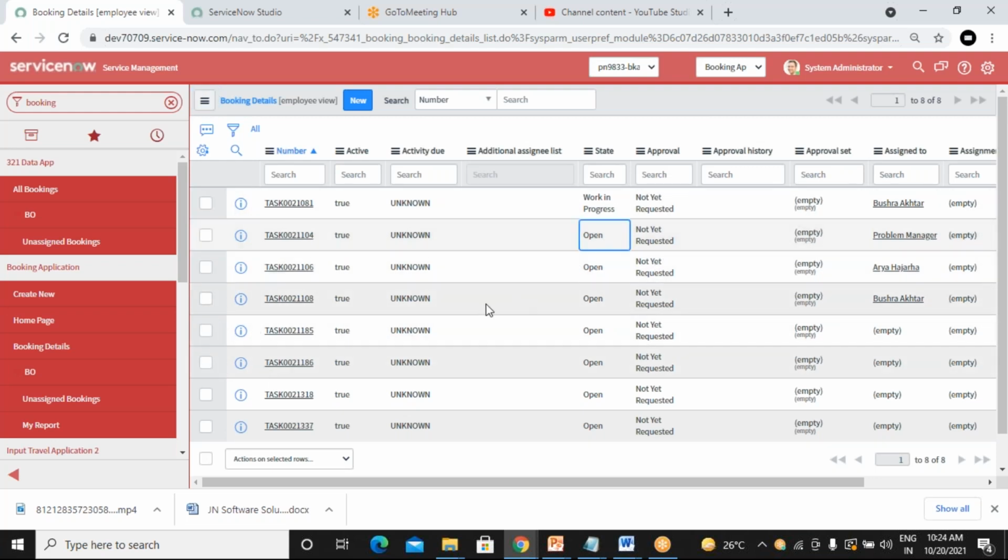Everything is a cell. If I double click on state, it allows me to edit this. If I click on approval history, everything is a cell. Okay, so the scenario is, as part of the requirement, let's just assume they asked you